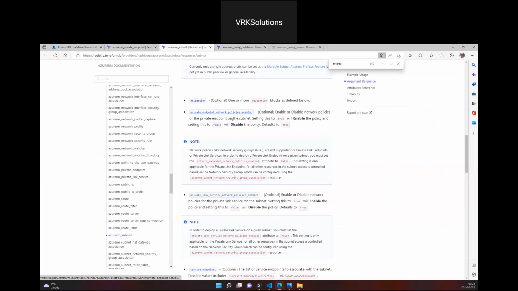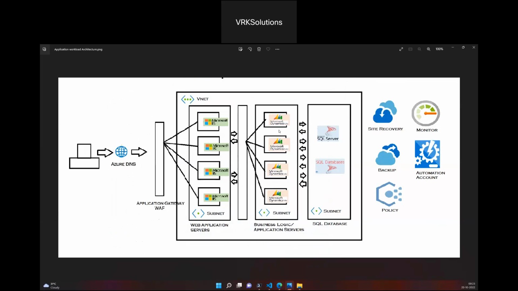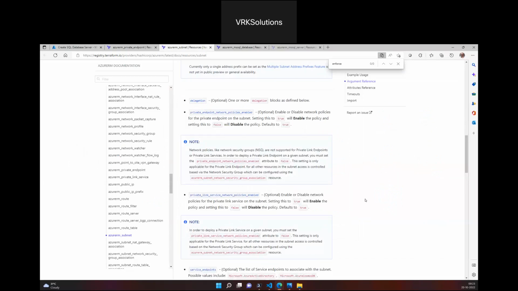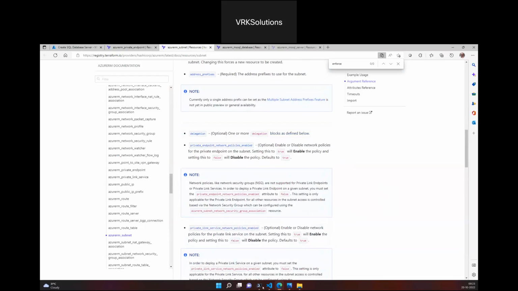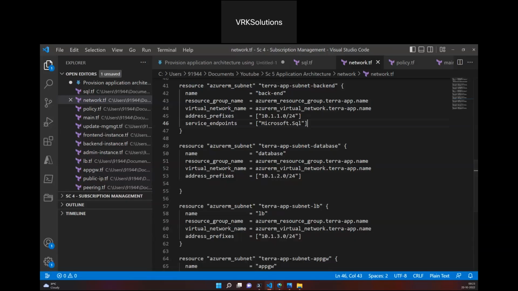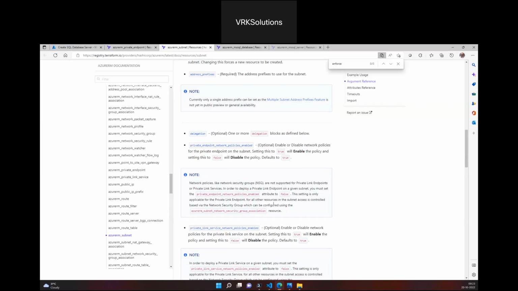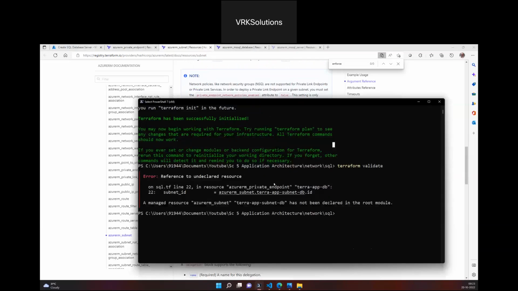At that point, you need to ensure that these controls are in place, and you have to even use ASGs to ensure that only these specific machines are connected to SQL Server. The rest of the machines should not be in a position to connect to SQL Server. So let's get into this. At this point, I'm going to leave everything as it is. The private link policies are enabled as true. So if I try to run the Terraform plan right now,